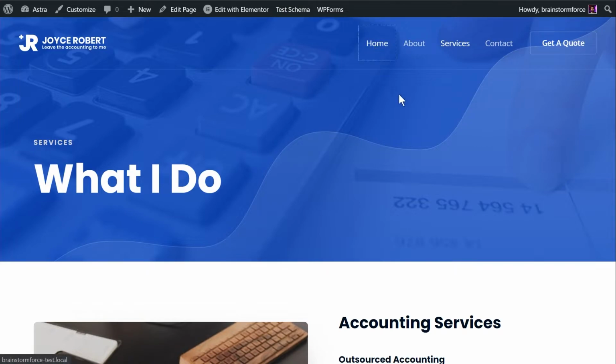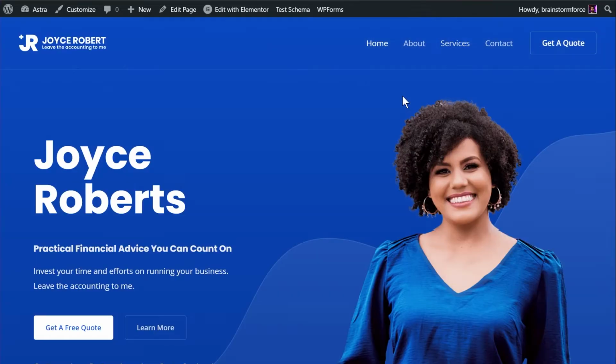You'll have a lot of schema on the home page, which will tell Google about the business details that you want to share, maybe your official address, your phone number. On the about page, you'll have different kinds of schema. On the services page, you'll have the FAQ schema, and also the services schema. Maybe you have a business hour schema. And on the contact page, you have different kinds of schema.